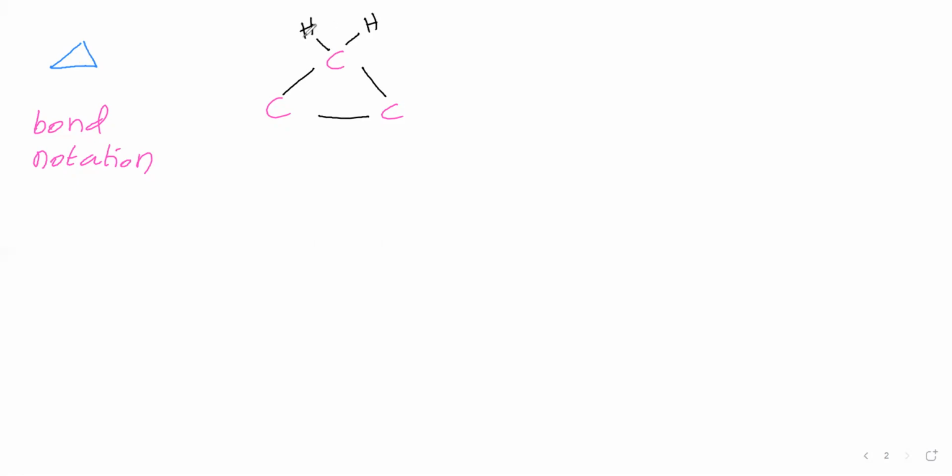Hydrogen always makes a single bond. Sorry, 2 hydrogens here we are giving, here also we are giving 2 hydrogens. Then we will condense this. How to condense it means this carbon is having 2 hydrogens, that we will say as CH2. Single bond, CH2, single bond, CH2, single bond. Like this we are saying.